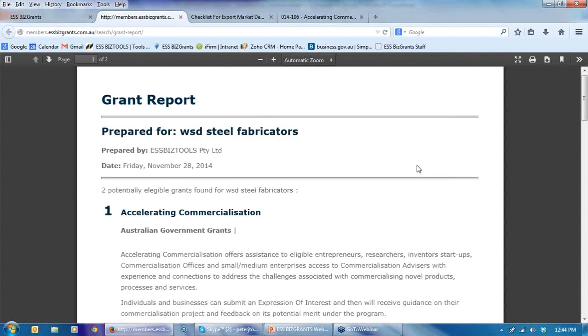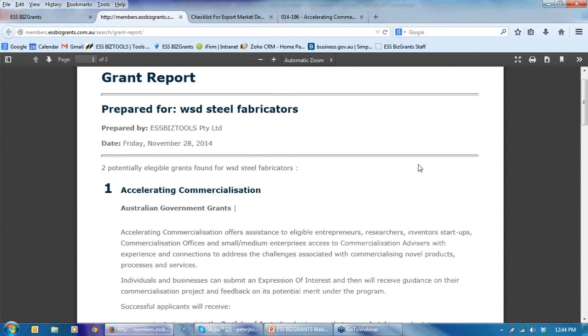So the concept of the report is that it gives you something to sit down and show your client and talk to them.